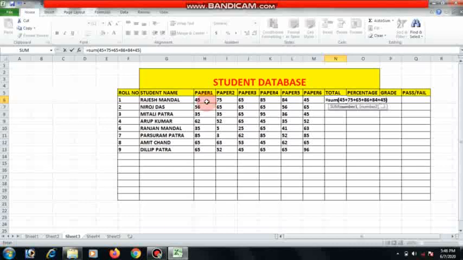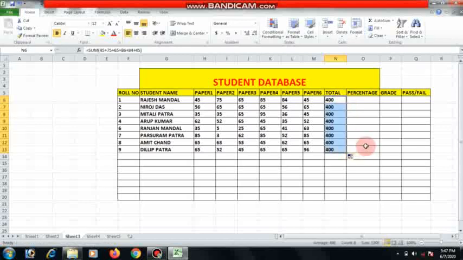Then close the bracket. Okay, but this is not correct because every value is the same value. Okay, so this is not correct.